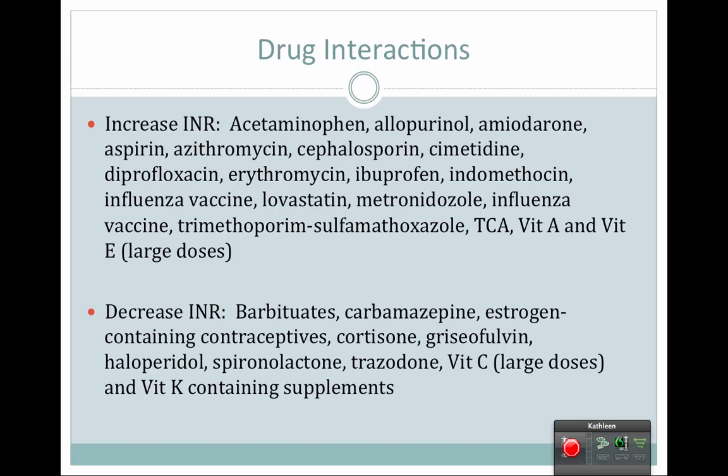Tons of drug interactions with Coumadin. An increase in INR with the following medications: Tylenol, allopurinol, amiodarone, aspirin. Antibiotics are a big one. Big one. Ibuprofen, Indocin, influenza, lovastatin, antifungals, Flagyl, influenza vaccine, Bactrim, tricyclic antidepressants, vitamin A and vitamin E in large doses, and then